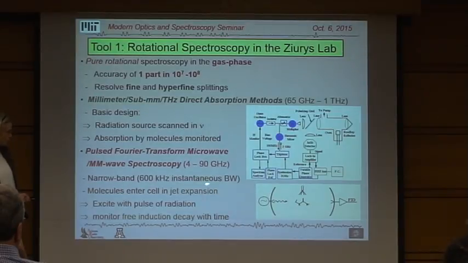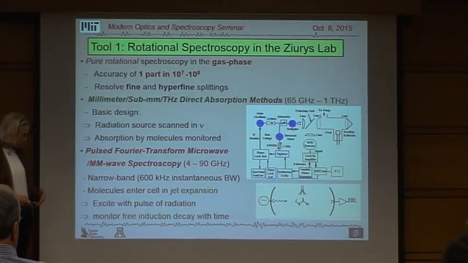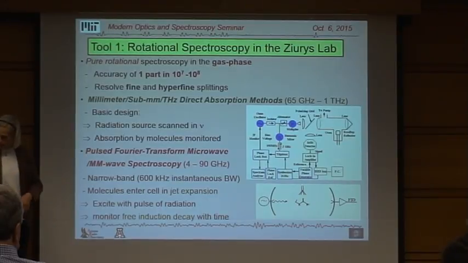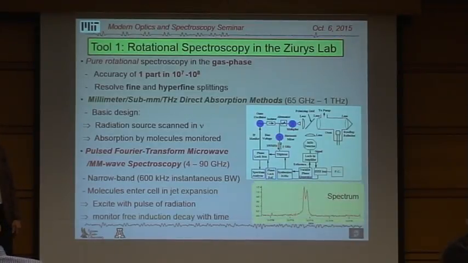Like I said, this uses the narrowband concept, and you are probably all familiar with this, or at least some of you are. You have a Fabry-Perot cavity and an arrangement. You pulse molecules in some kind of jet expansion, and you pulse microwaves in. If there's a molecular resonance, the molecules will absorb, and then they decay and emit, and we collect their emission signal as a function of time, the so-called free induction decay, and we take the Fourier transform of that and